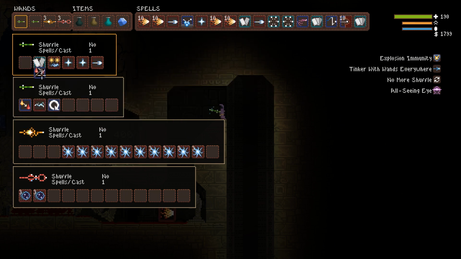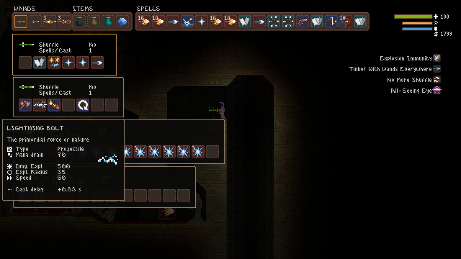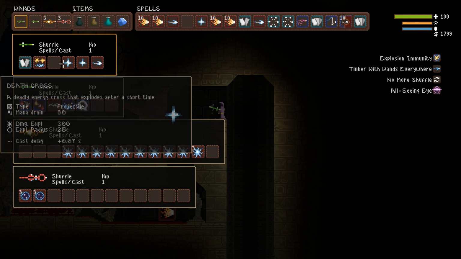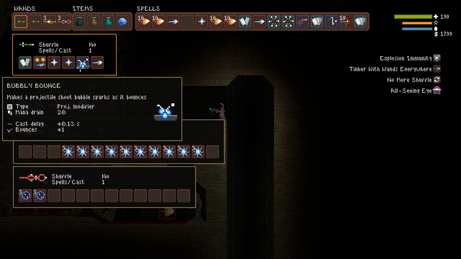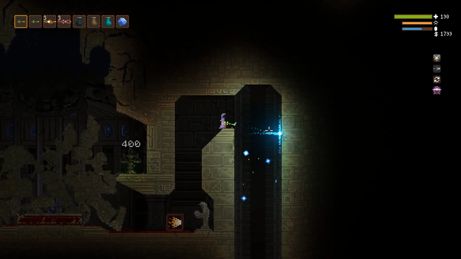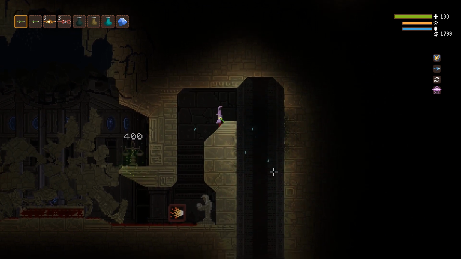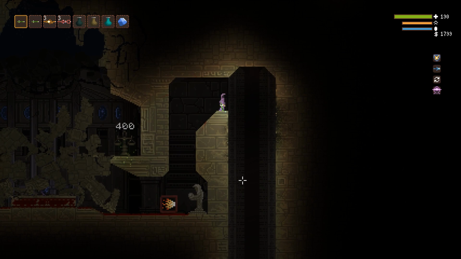If I don't think I'm getting value out of critical on bloody enemies... Here, maybe let's try this. So I don't want it to affect the Spark Bolt, of course. I want the Spark Bolt to pop where I fire it. But like if I do it like this, does it just make the Glowing Lance bounce? That seems okay. That's extra damage. And like I said, I don't think the blood thing's actually working anyway, so...